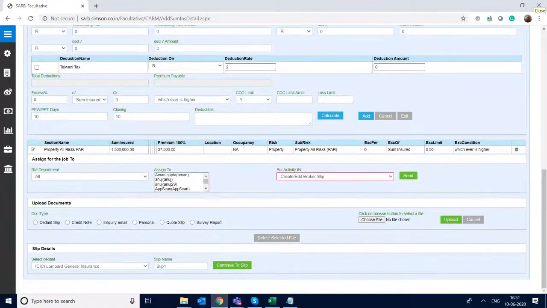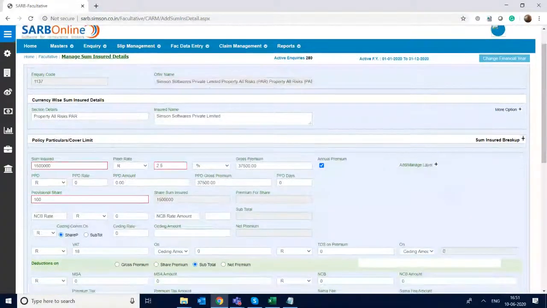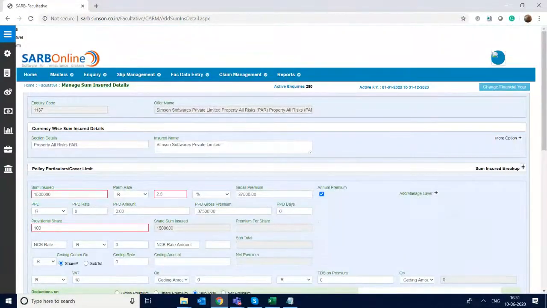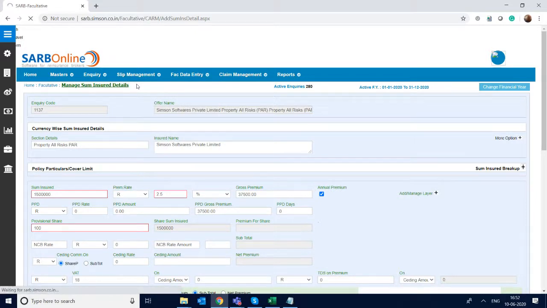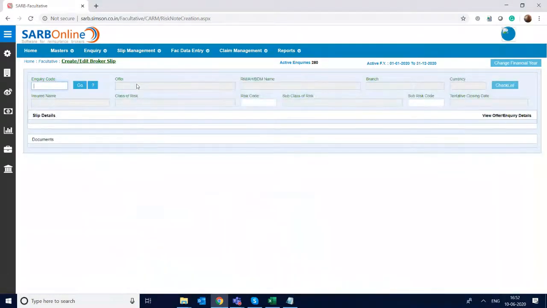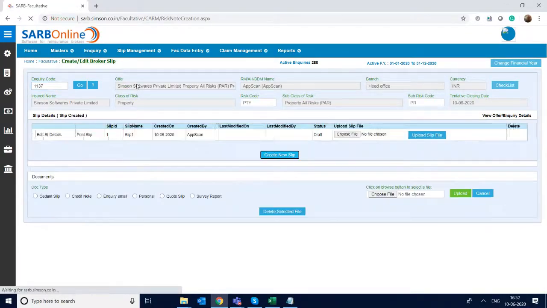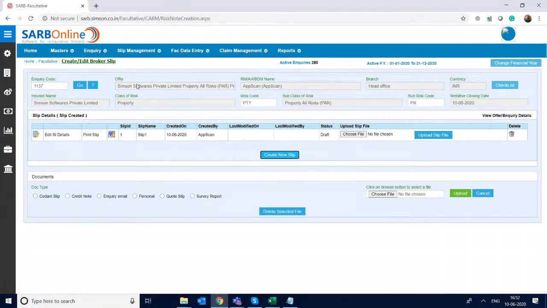So as this file is lying on the server, you need not worry about keeping it in My Documents or in your public folders, because whenever you need to retrieve it, you have the query code. Anytime you go to slip management and get the query code, your file is right there. You can edit it again.